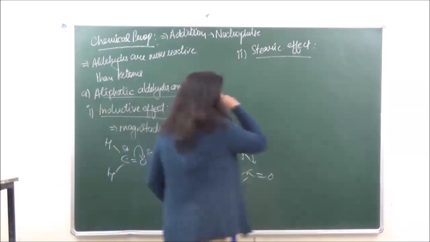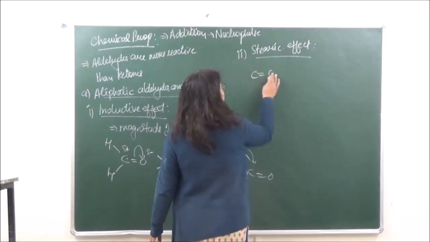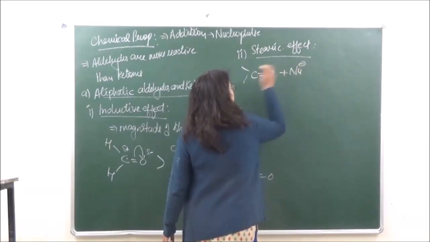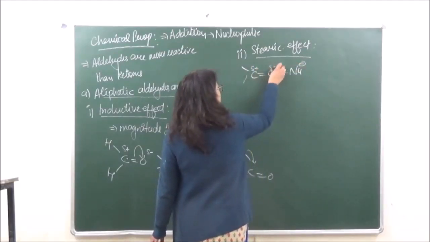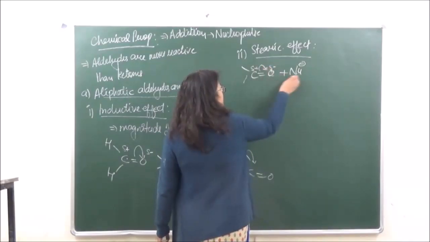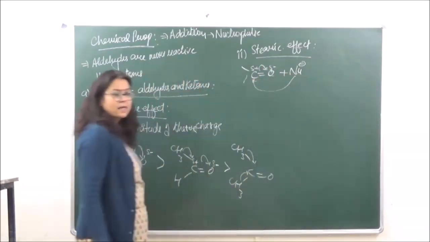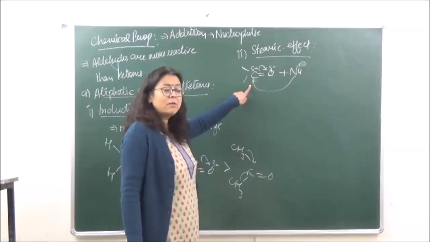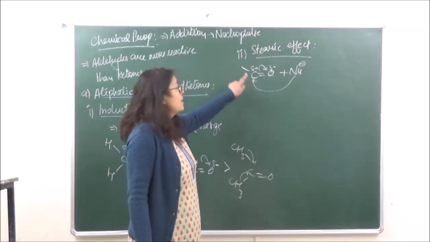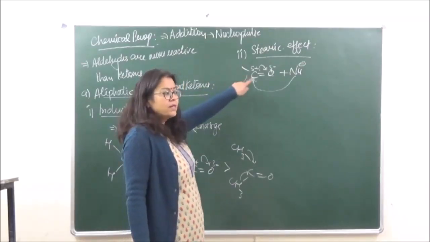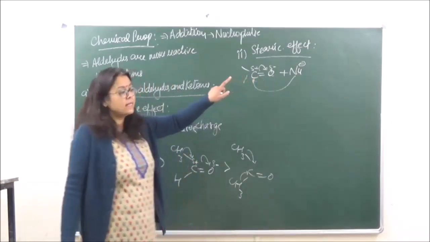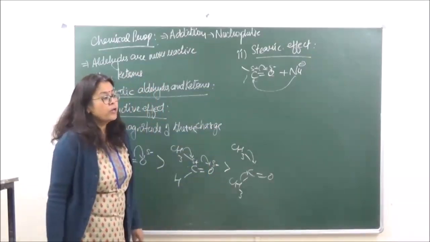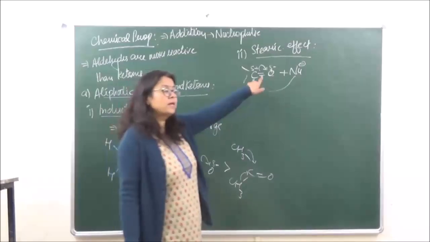Because generally, if you see how the reactions are going to take place, the carbon is going to get a slight positive charge and the oxygen a slight negative charge, such that the nucleophile will go and attack the carbon atom. So if the carbon atom already has smaller groups, the attack of the nucleophile becomes very simple, isn't it? But if bulkier groups are present, the attack of the nucleophile cannot take place easily, because these two bulkier groups, as in the case of ketones, are going to offer hindrance to the incoming nucleophile.